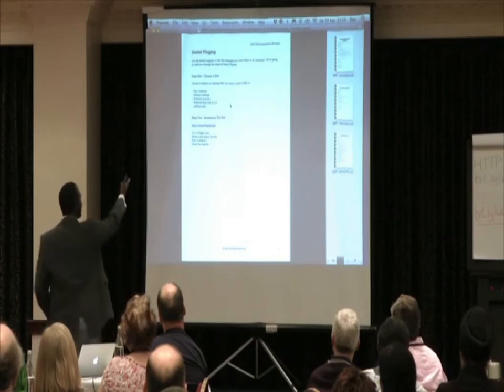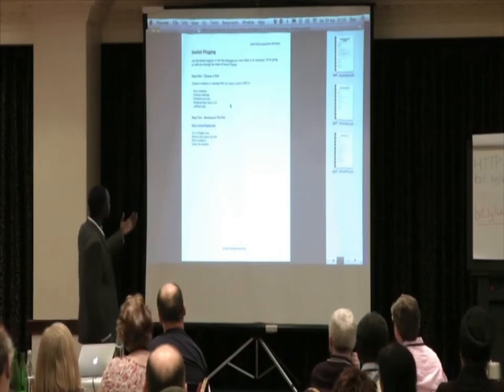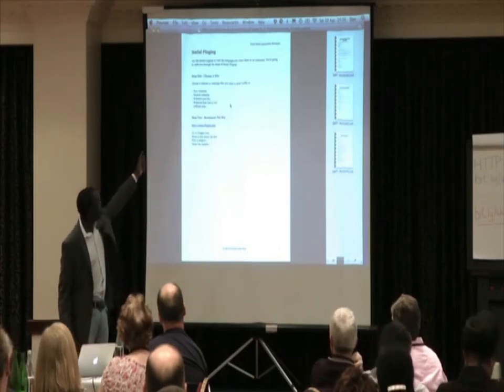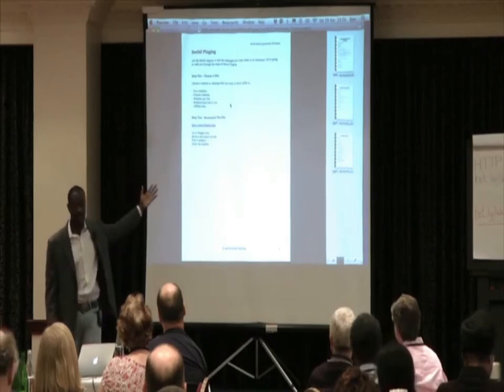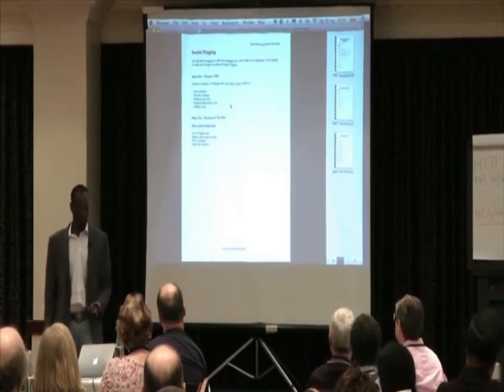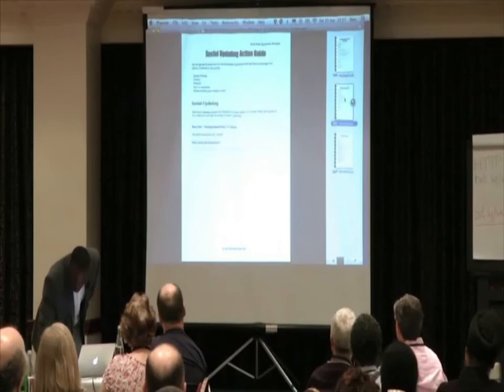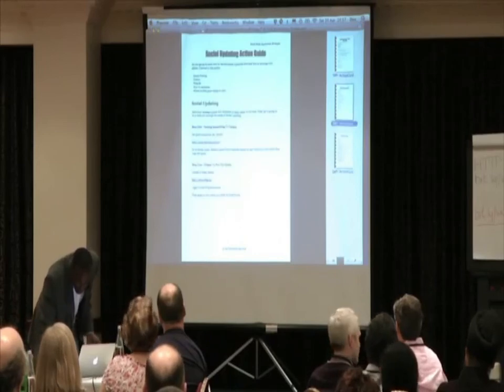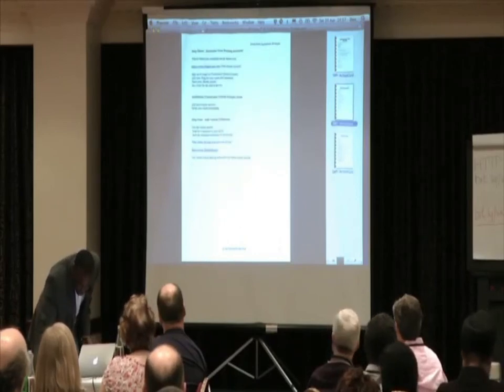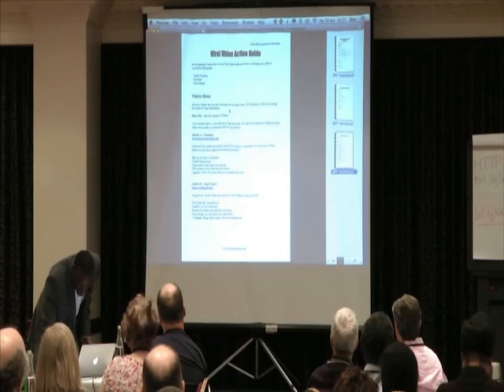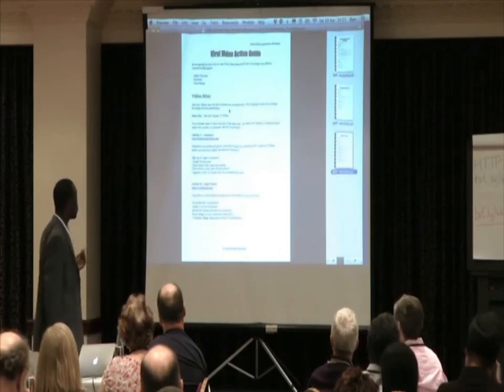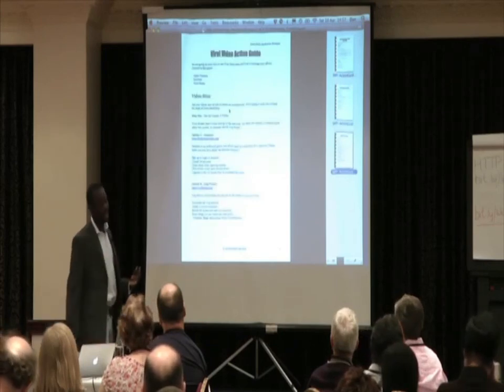And then, as you can see here, it goes into the pinging. How do you actually do pinging? It's got the steps in here as well. So you guys are going to get a copy of this. What else do we have here? Is this the other one? Oh yeah, the updating guide. And I think this is the video one as well. So literally these ones walk you through step by step everything that I've said here.